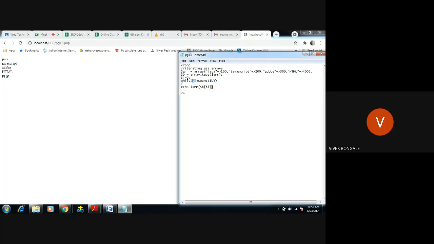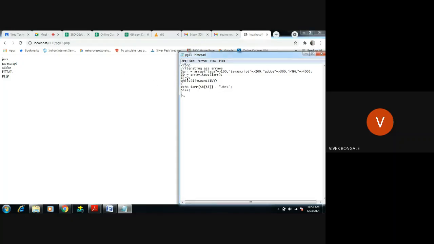That value it should display. So that is the reason for $i. Then a break tag to create a new line. Then increment $i plus plus, then close the loop.